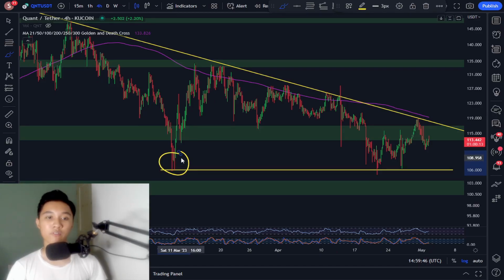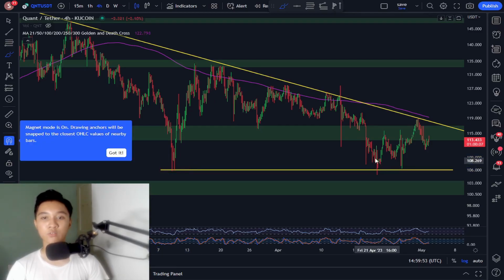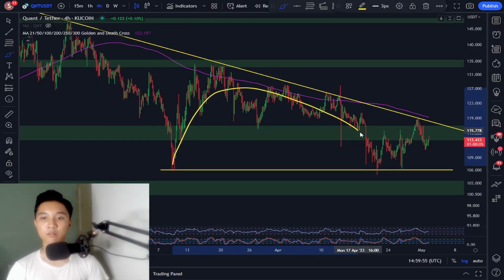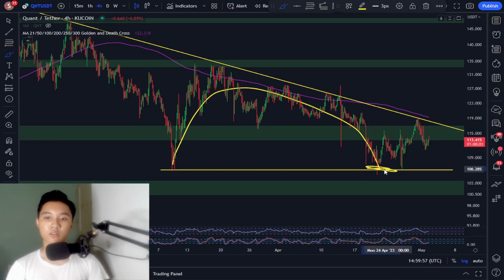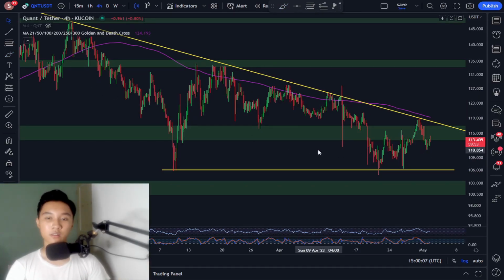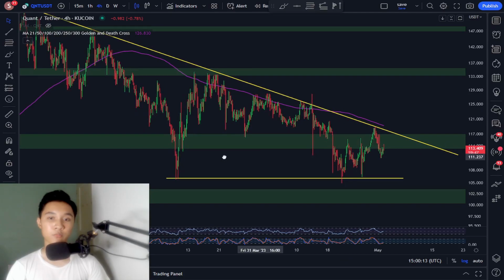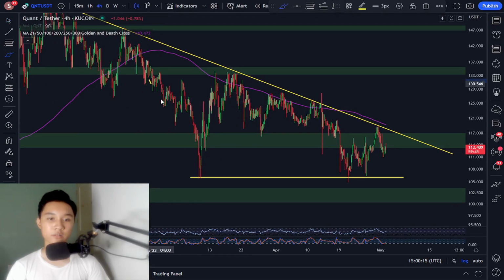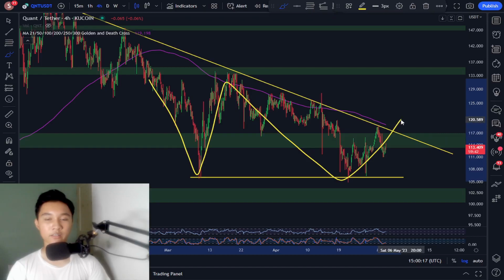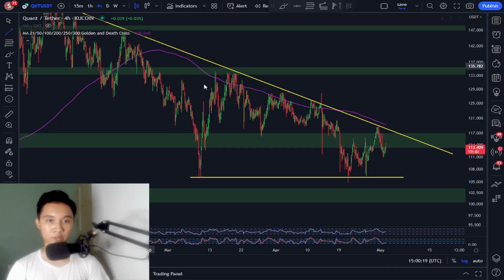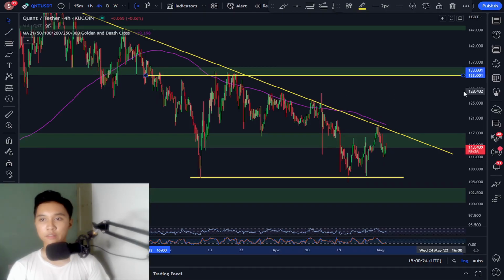And now, after 2 months, we have seen the Quant price revisit the exact same price level. Again, one way to identify the bottom is to identify potential bottoming patterns, so right here you can say this could be a double bottom pattern. And the neckline is located right here, essentially at this resistance zone, and that is around